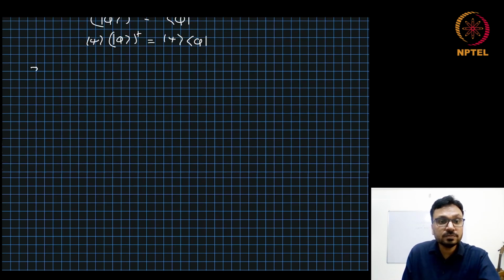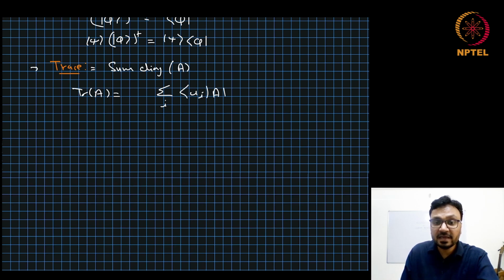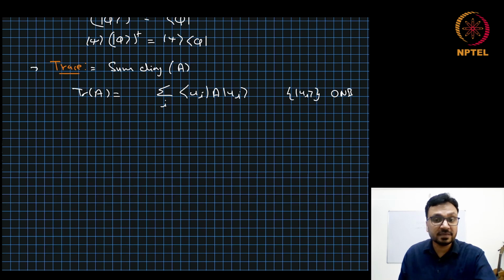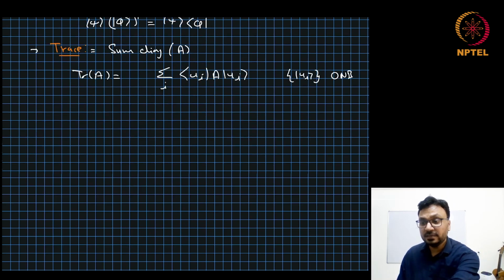Another thing to understand about linear operators is the trace. How do we define the trace of an operator? We generally know that if we are given a matrix, we just take the sum of the diagonal elements. The sum of the diagonal elements of operator A, matrix A, is the trace. But more generally, the trace of A is defined as the sum over i of u_i A u_i, where u_i is the set of complete orthonormal bases on a vector space. This is how we will define the